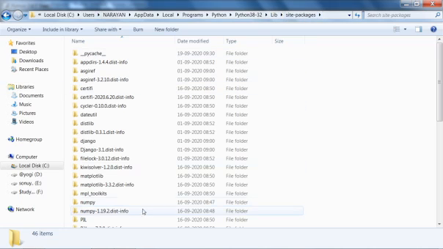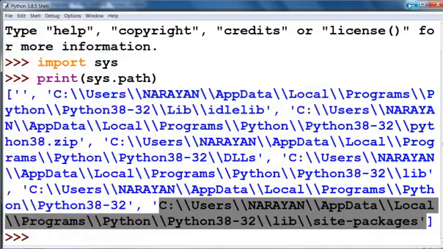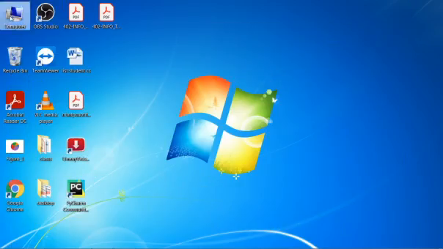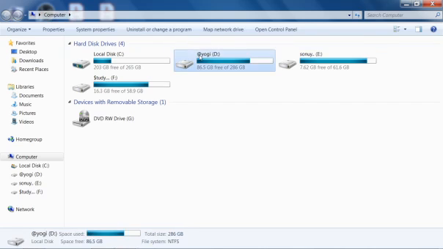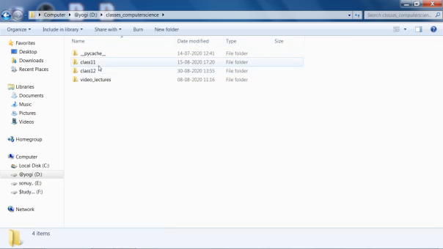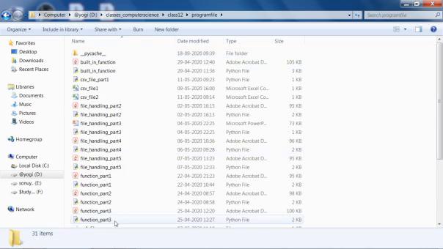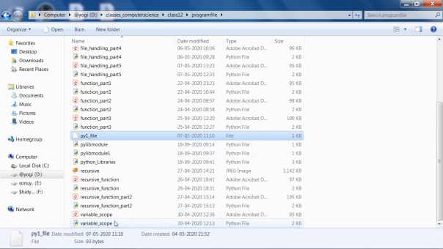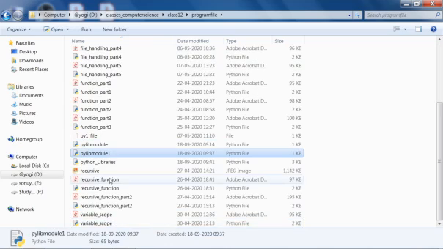Now again we are going to find out where our module is saved. First of all, come to our folder where we have saved the file. You can see that PyModule1.